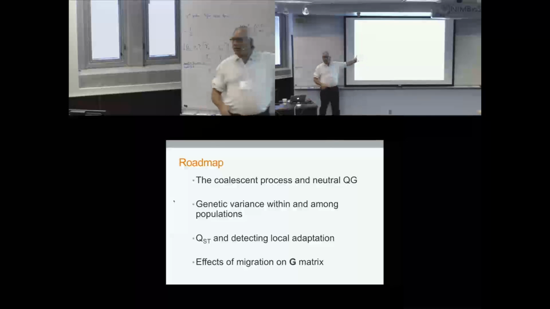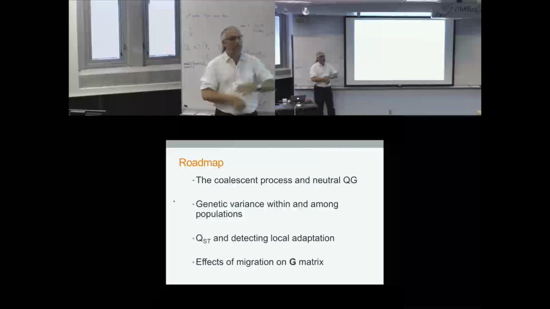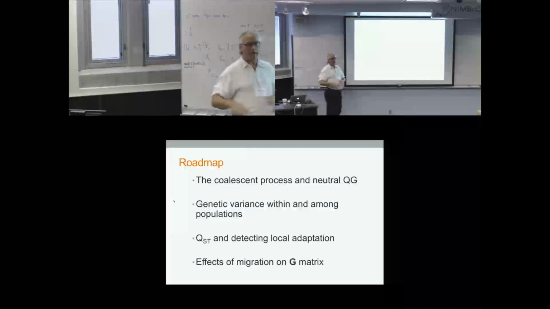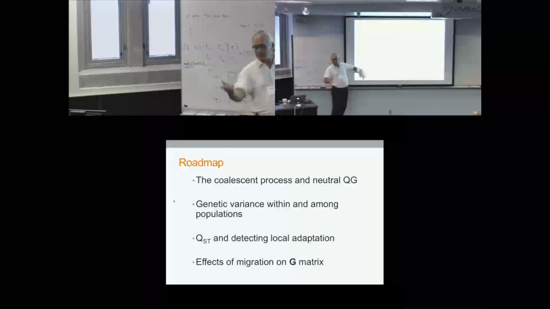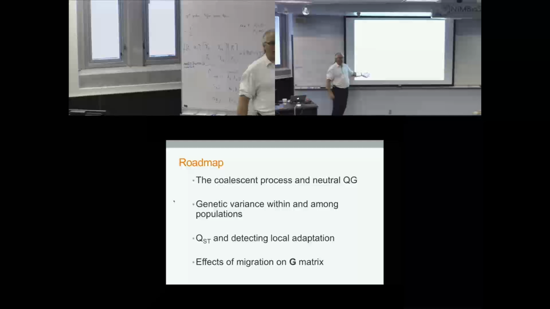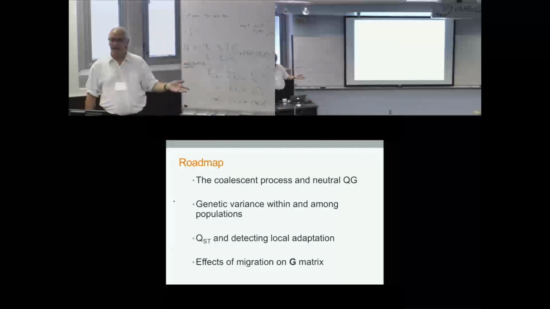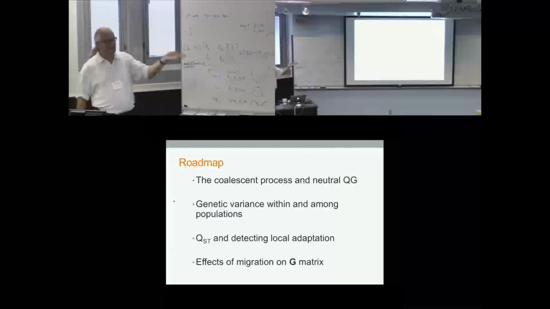So I want to talk about one of the measures of looking for local adaptation, responding to selection differently across a heterogeneous spatial landscape. And then at the end, I'll switch gears and talk for like 4 or 5 slides about the only paper that I wrote that Steve can remember about migration and how it affects the G matrix. It's actually good. I've only written 2, so that's